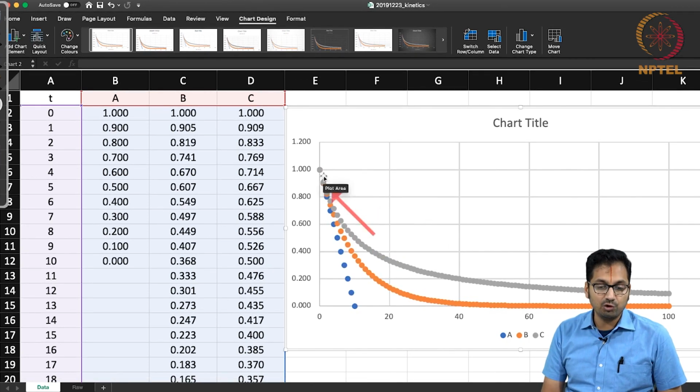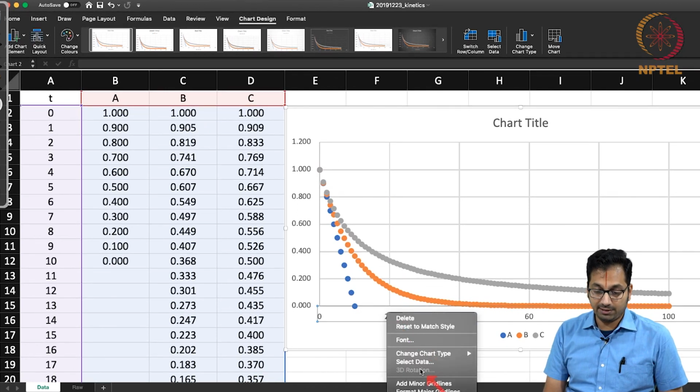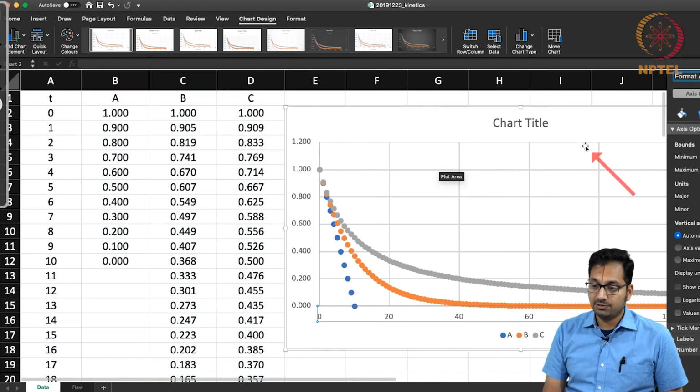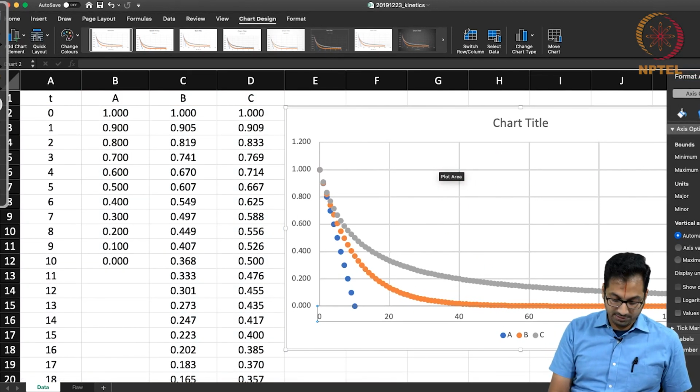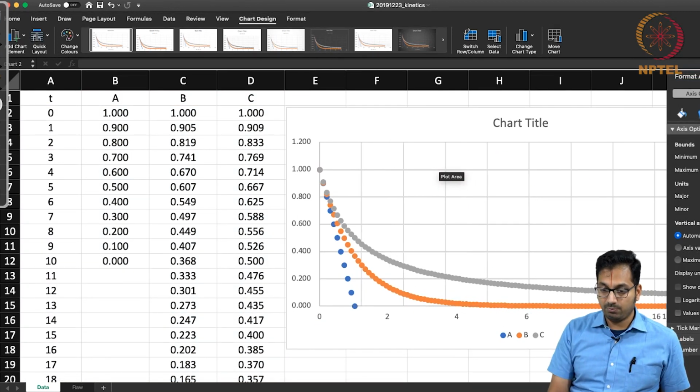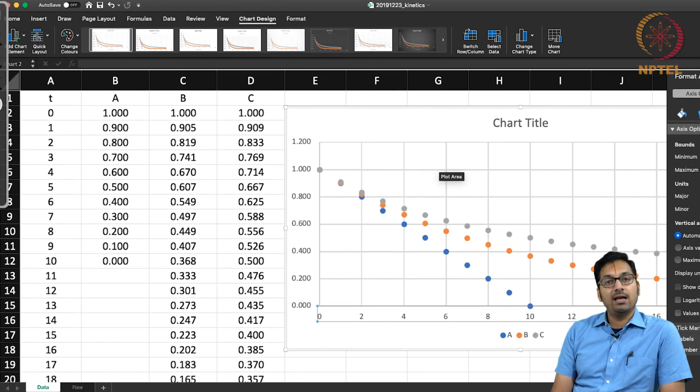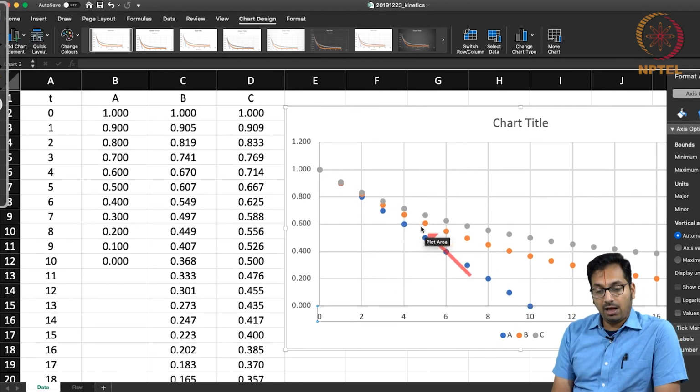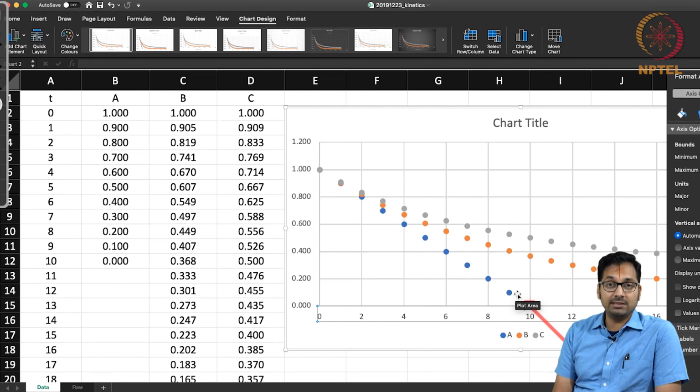So, let us try to zoom in to the initial portion of this graph. The way you can do that is by formatting axis here. Let us say that instead of plotting all the points, we will only plot the first points for the first 20 seconds, and what you are able to realize is that there seems to be a blue line that seems like a straight line. There is an orange line that